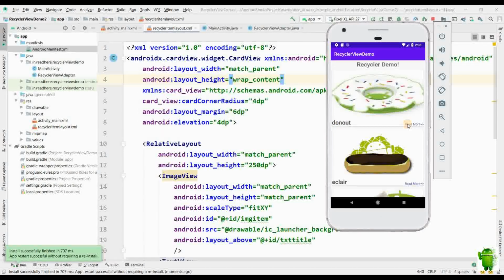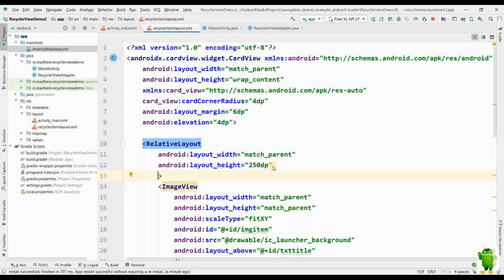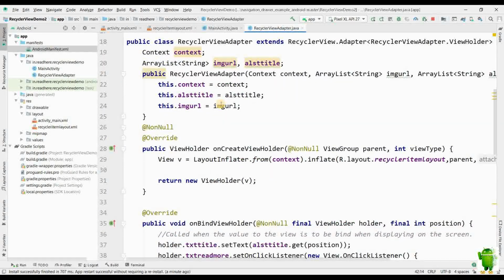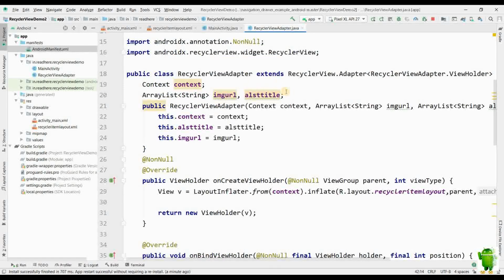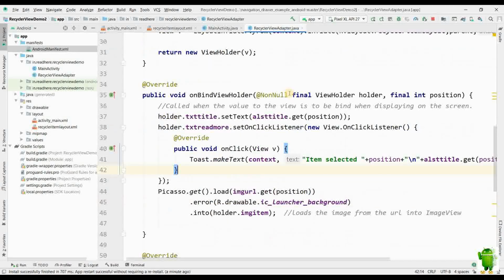If you click anywhere on the layout, it will not display that message. Now if you want to do that, wherever you click on the layout to display the toast message or call a particular event, then we'll set the ID to the relative layout and we'll create the object of relative layout in the view holder.